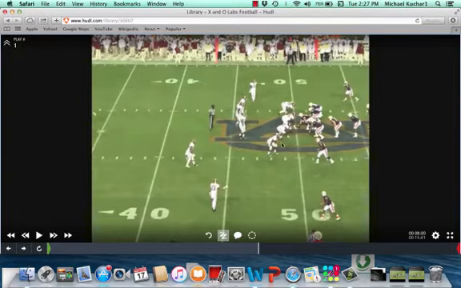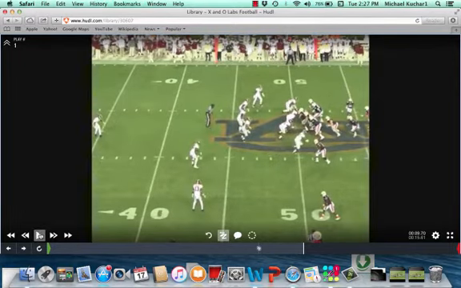Most spread run teams that operate out of 11 personnel or 10 personnel with that Y off or that sniffer formation that you see here, a lot of them look for that 3 technique. They want to double the 3 technique, get movement on that player to the Mike linebacker so the Mike linebacker cannot work over the top. Playing 4 eyes in an odd front eliminates that possibility, as you'll see here in a few of these clips